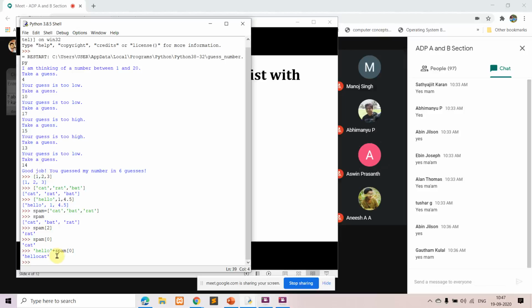Plus here is nothing but concatenation. So for this string hello, I am concatenating the value that is stored in spam of 0. In spam of 0, we have an item called cat. So you can see here we got the result as hello cat. Okay, this is one way. Other than that, you can also write this way.